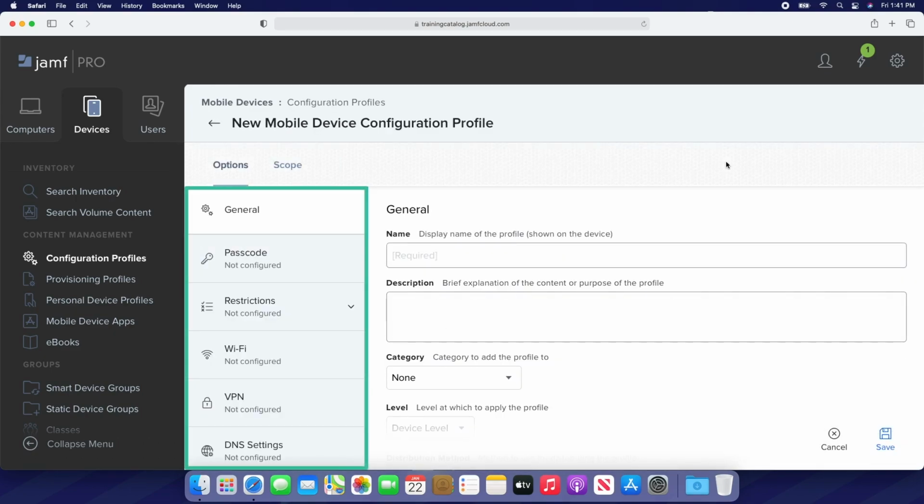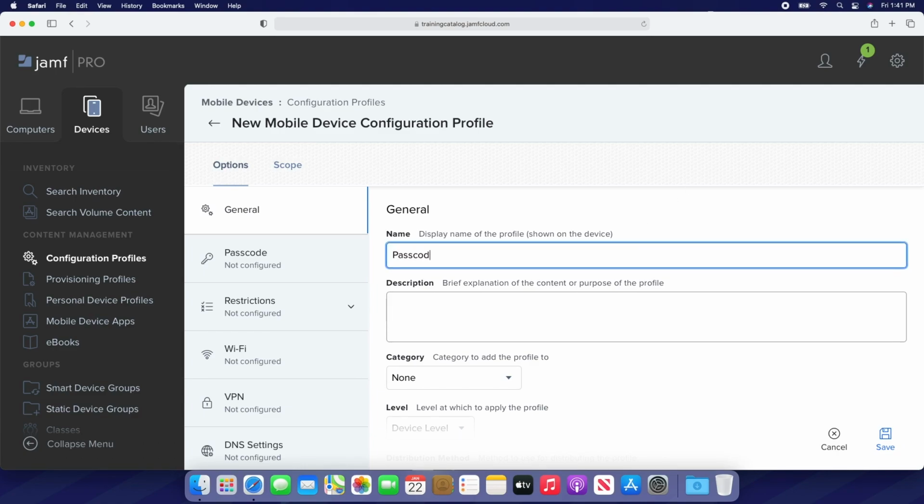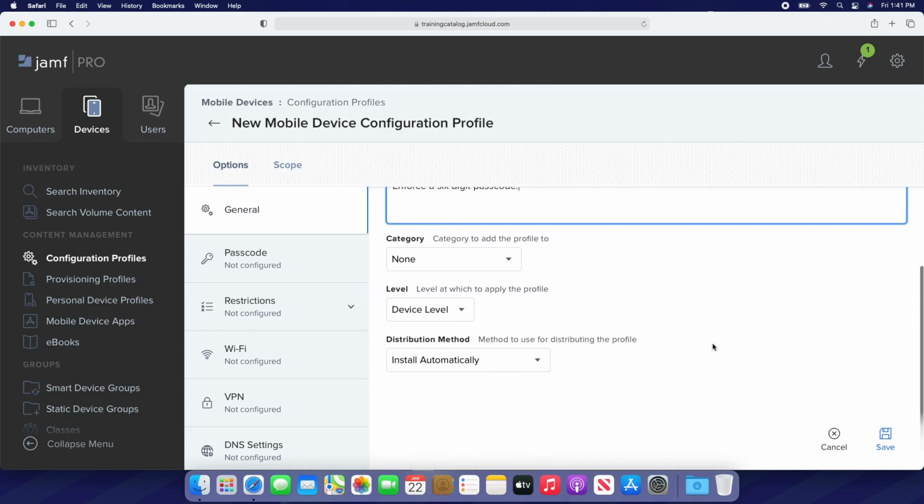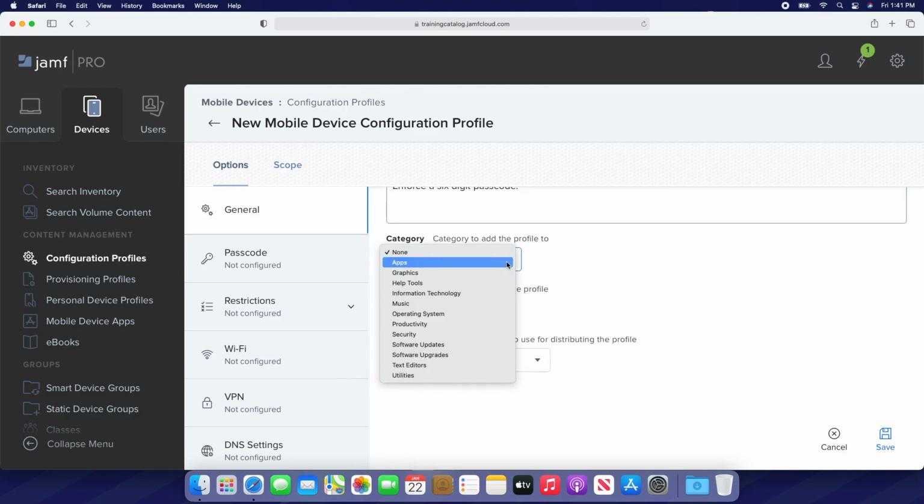On the left is a list of payloads that can be configured to apply settings and restrictions. The general payload is always required to be configured in order to provide a name. I'm using this configuration profile to enforce a passcode on devices in the Minneapolis building, so I'm naming mine passcode-MSP. Adding a description is optional, but may be useful in letting Jamf Pro administrators, or even users, understand the purpose of this configuration profile. Assigning it to a category helps with organization in Jamf Pro, so I'm choosing Security from